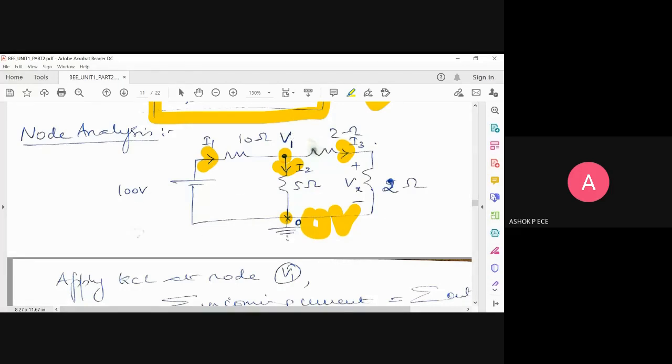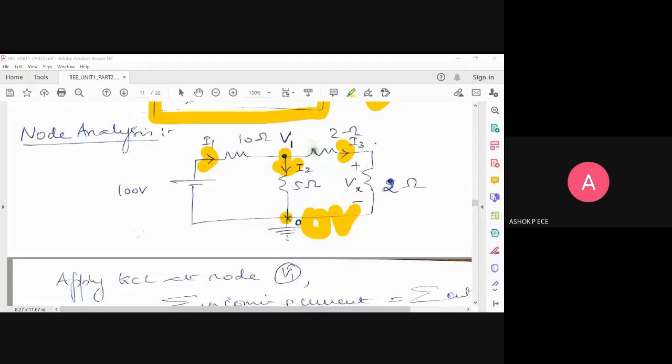Okay. Is this identification of node and drawing current directions clear? Is anybody having doubts in that? I again say there is no hard rule on how to assume the current direction. Only thing, if you assume it otherwise, you will get the answer in negative. That's the only difference you will have in the solving. Is this first portion of node analysis clear to you?